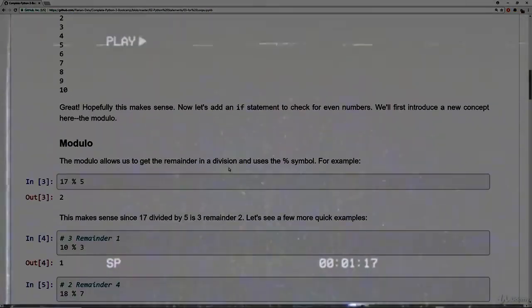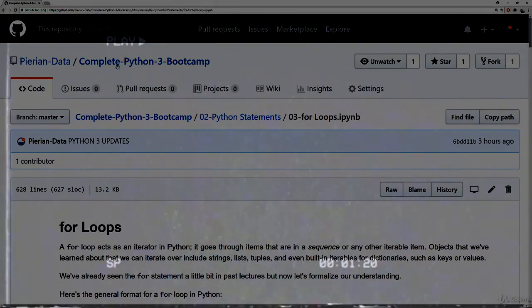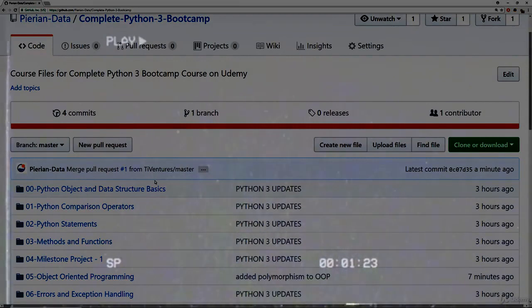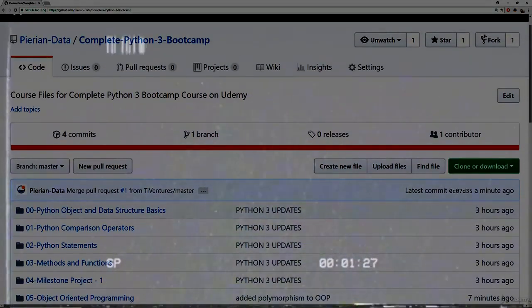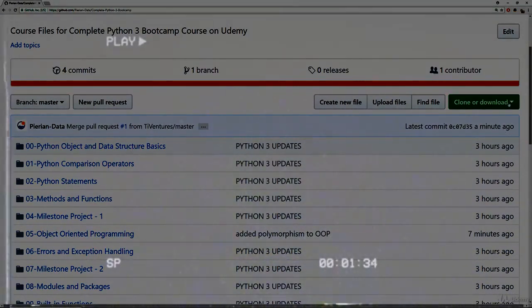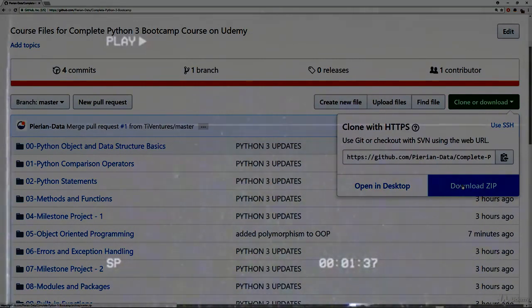Now, if you want to run these notebooks on your computer, what you need to do is download this repository. So we'll come back here, click on Complete Python 3 Bootcamp, and there are different ways you can download this repository. If you're already familiar with Git, you can feel free to fork this repository and then have it on your own GitHub. Keep in mind, we are constantly updating this. But what you can do also to just get the files locally is click here where it says clone or download, and then click on download zip,